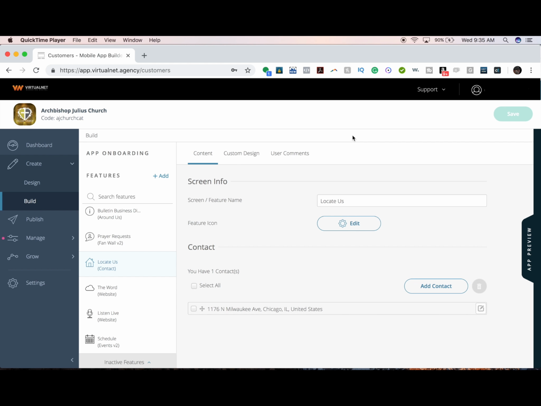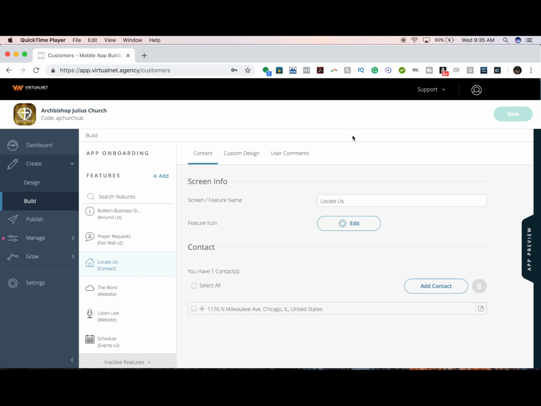Build out the contact feature. This is perhaps one of the most essential features on our platform, and we typically recommend that you get this built out before you start adding any other features. It displays general information like the business's location, phone numbers, any other contact information in regards to email, website URL,